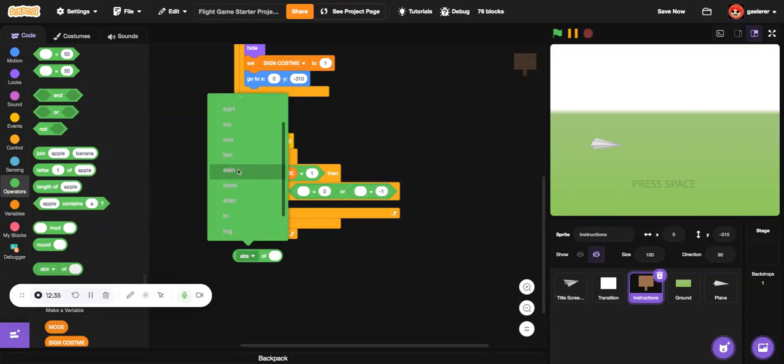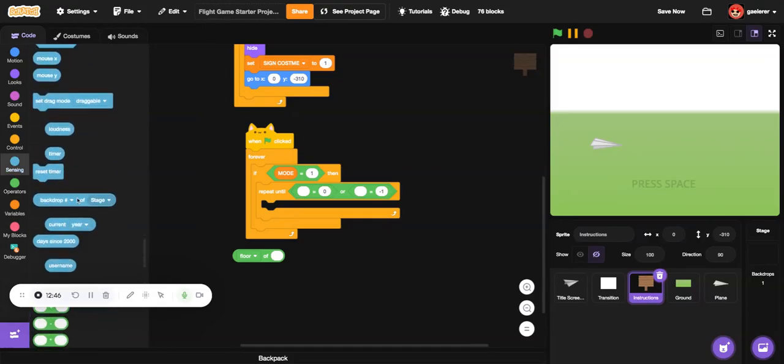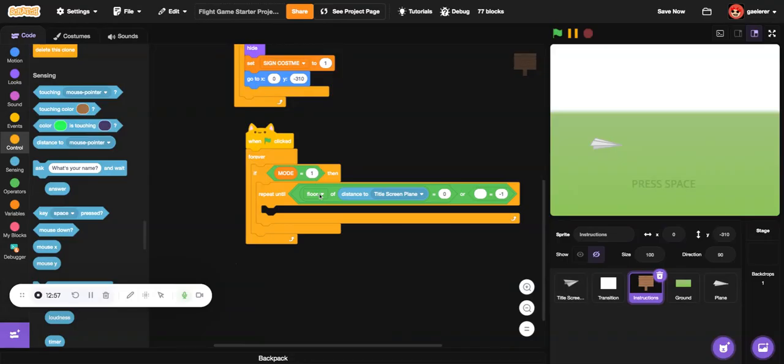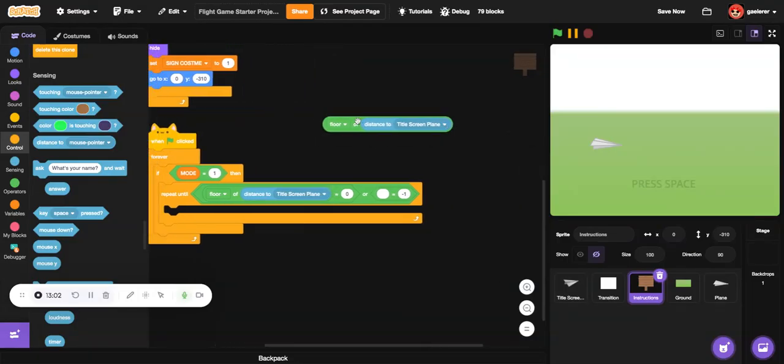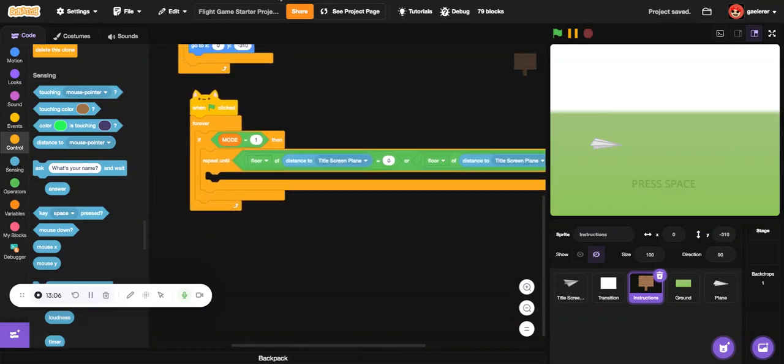So floor of the distance to title screen plane is equal to 0, and duplicate this and put it here. Okay, save the project